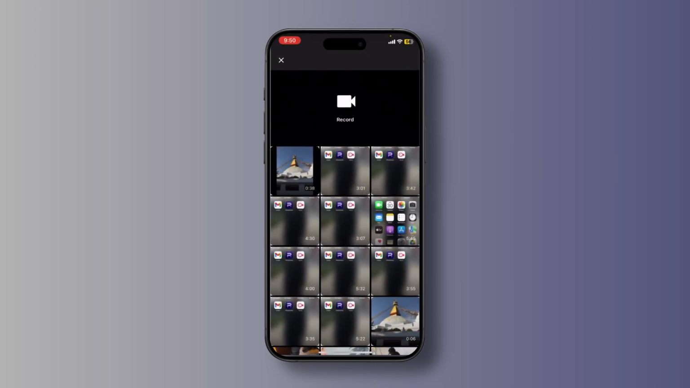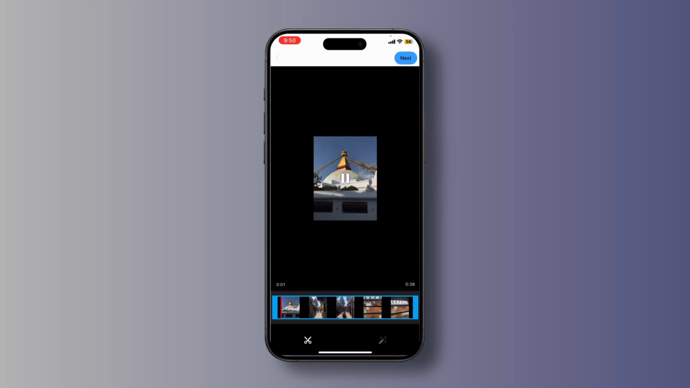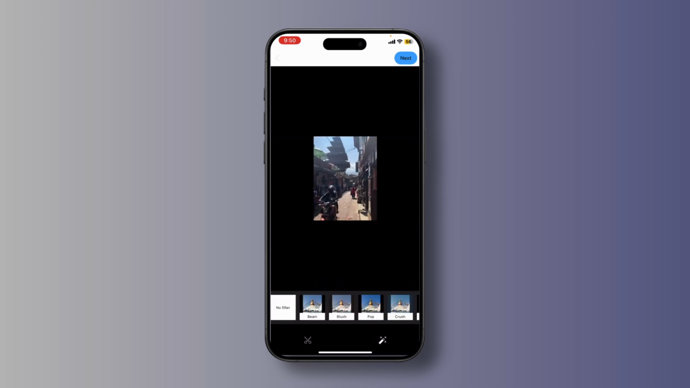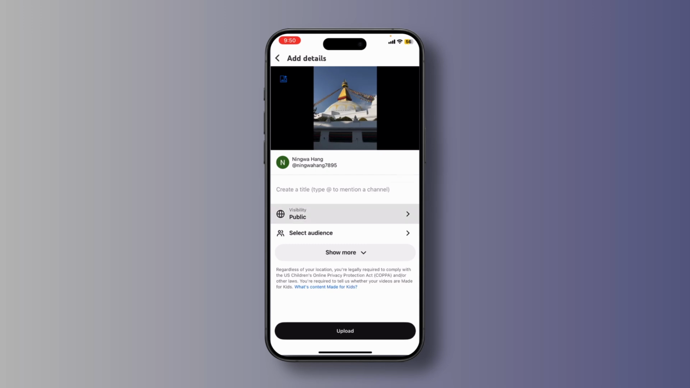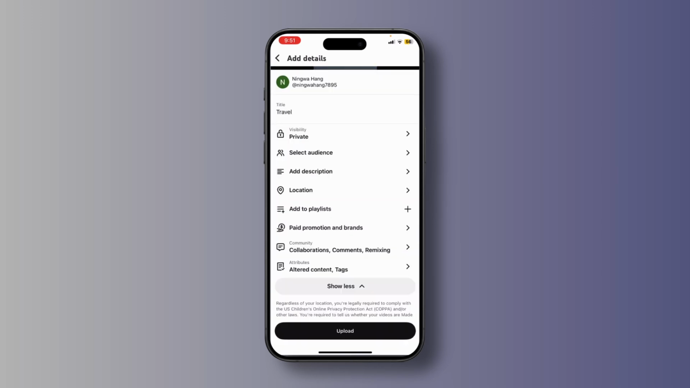Now tap on the video that you want to upload. You will also be given the option to cut the video or put filters if needed. After that, tap next. And make sure to fill in the video details such as title, description, visibility as well as